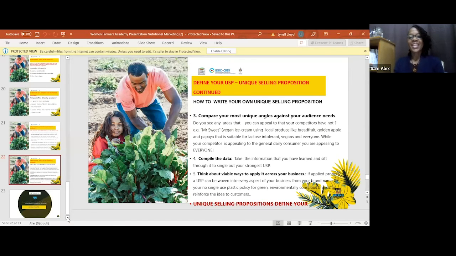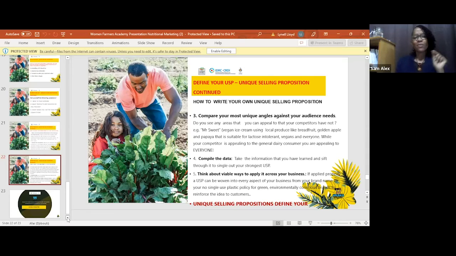They are vegan, and he's using local produce like breadfruit, passion fruit, mango, golden apple, and papaya to make ice cream, okay? So while the traditional ice cream companies are still making dairy ice creams with traditional flavors like chocolate, vanilla, strawberry yogurt, blueberry yogurt, the usual, creme caramel, that sort of thing, this company decided, you know what? Some people are lactose intolerant, some are vegan. We don't need to put milk in ice cream anyway. We have evolved. So we're just going to make all of our ice creams vegan so everybody can enjoy them.